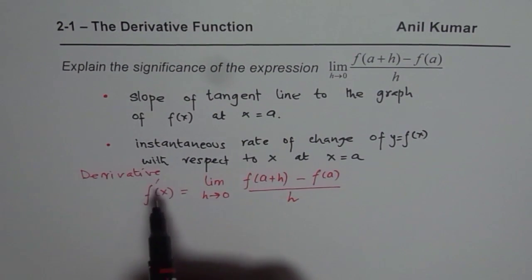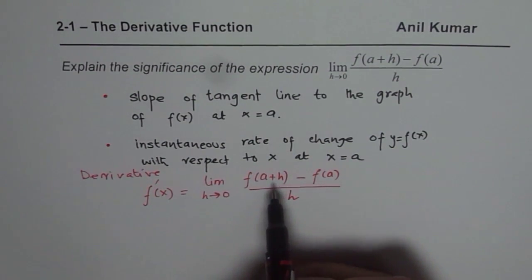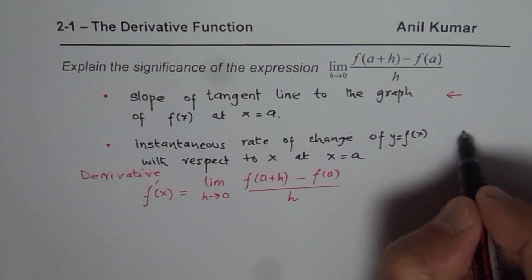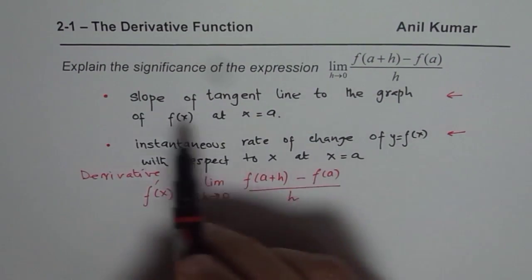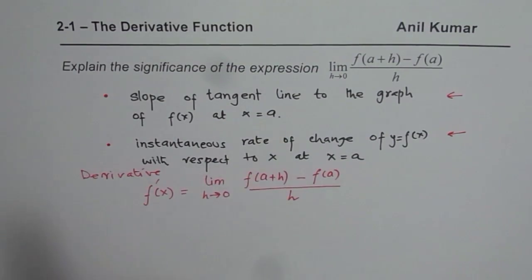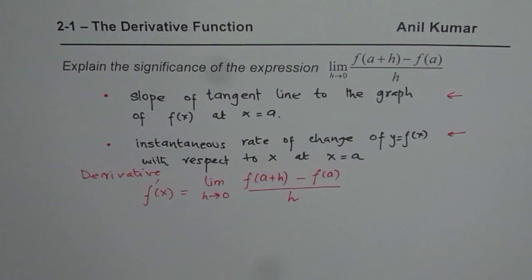So basically, what is derivative? Whenever we find a derivative at a point, the point should exist on the graph, and it is actually the slope of the tangent line at that particular point. So the derivative gives us these two things, which are kind of the same: slope of tangent line to the graph of f of x at x equals a, or the instantaneous rate of change of a function y equals f of x with respect to x at x